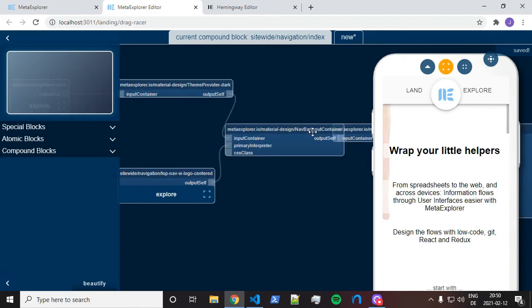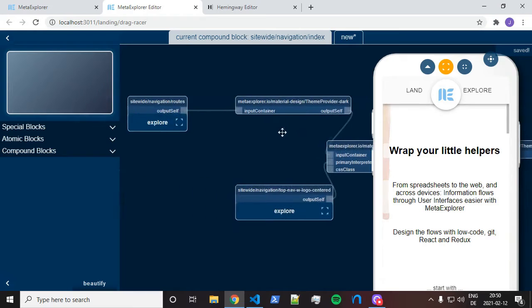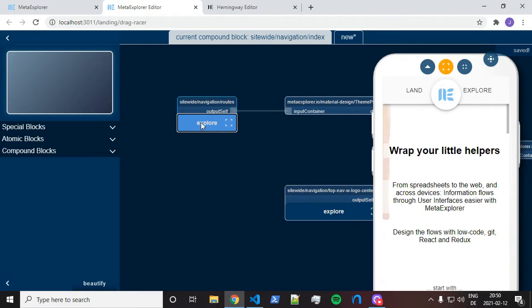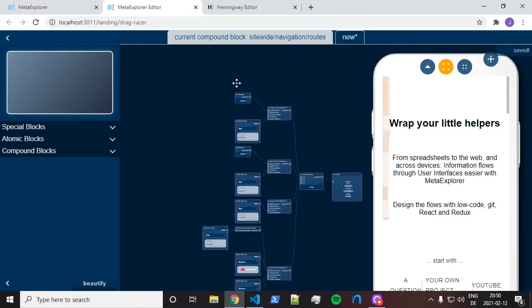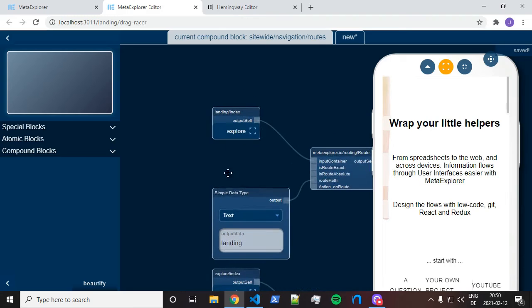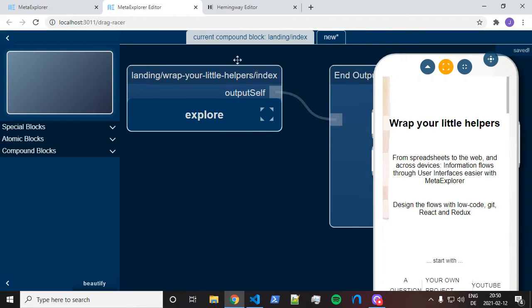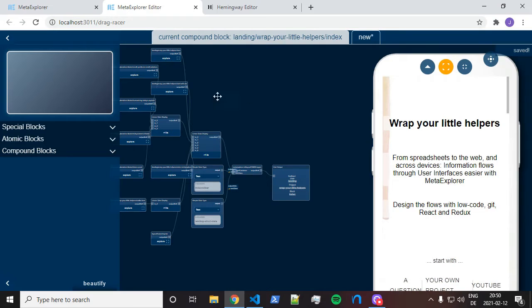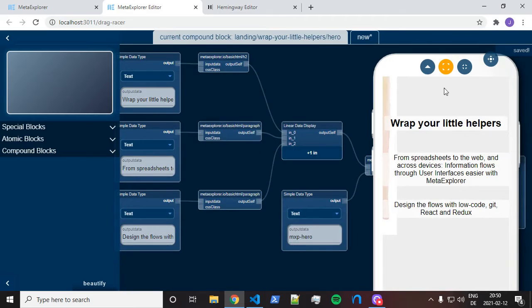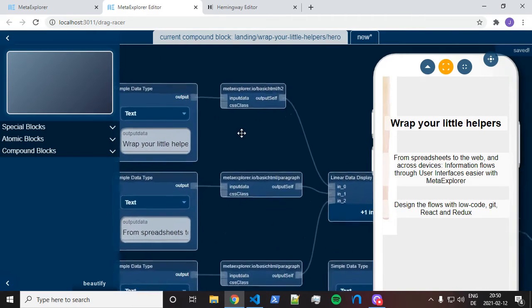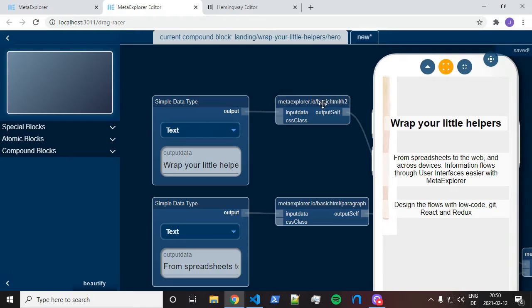It's got the navigation bar on top, and then if I go in here, I don't have the navigation bar on top anymore, and I can go into the smaller components on the landing page, for example. So I'm navigating now down into the hero part, and here I can see, okay, I've got an HTML component that contains the heading,